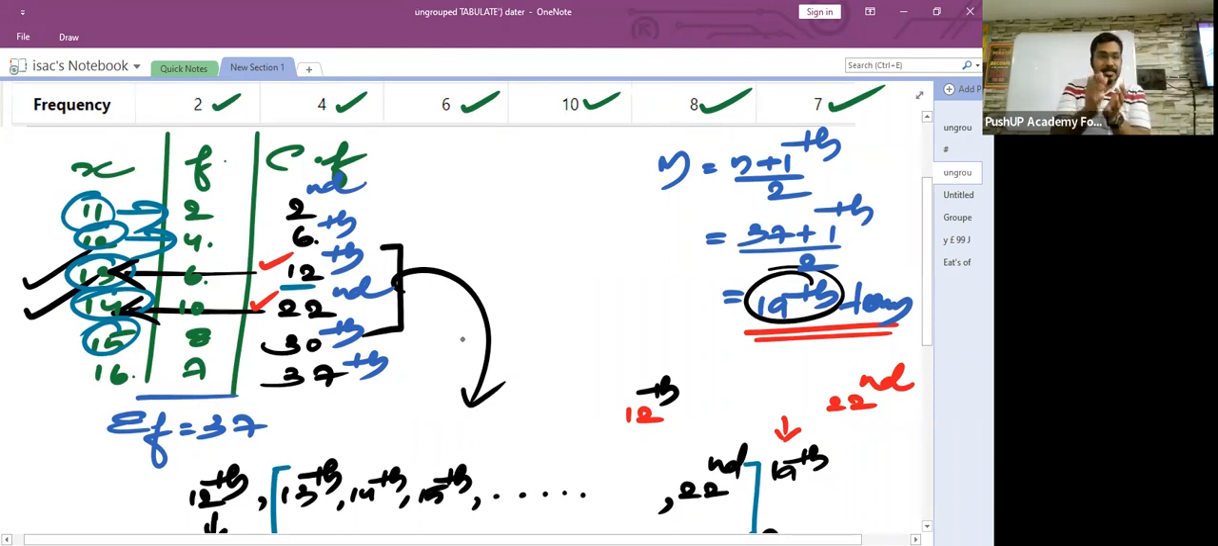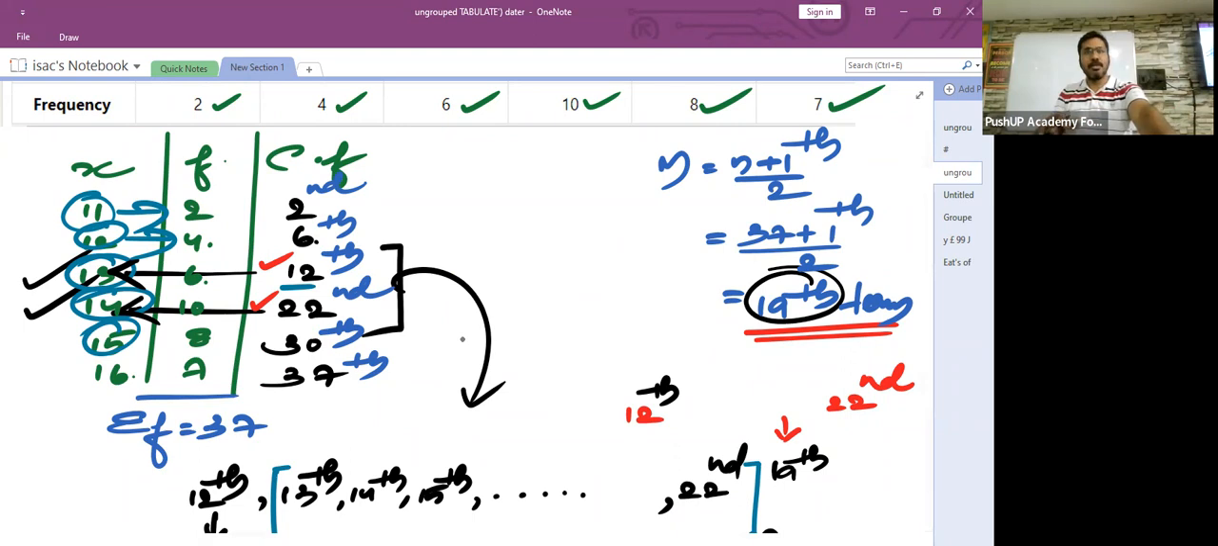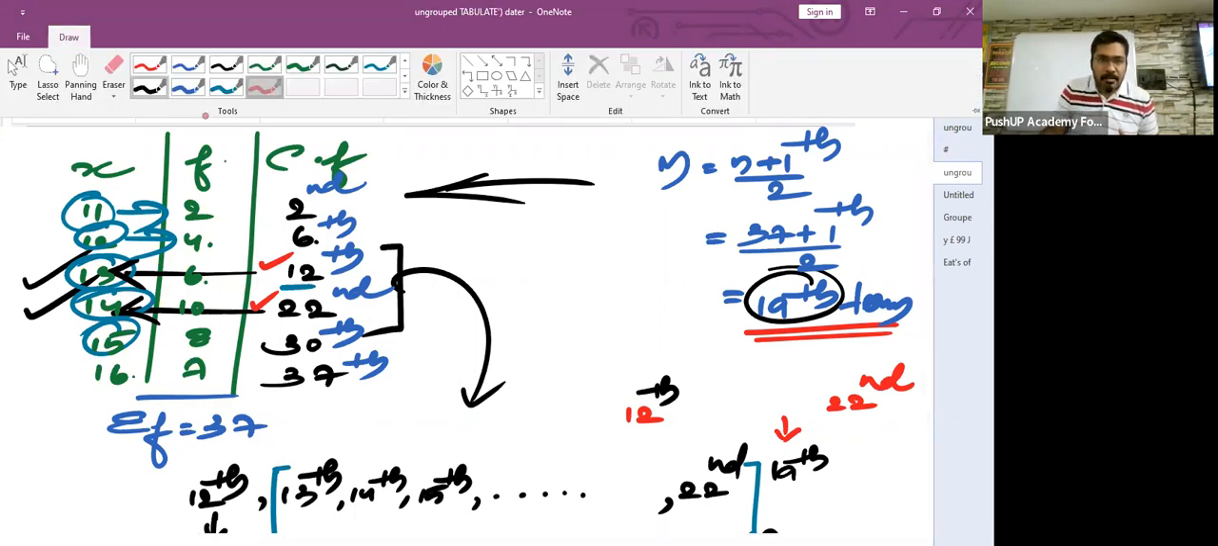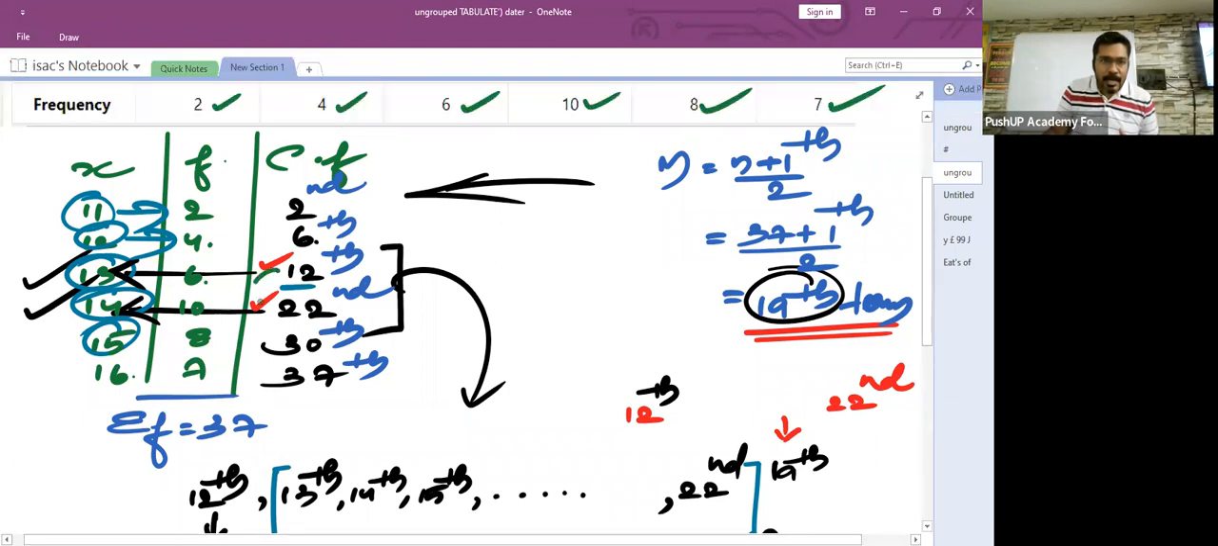Now, children, let us get back to this table and find the median value by using this table. We use the arrayed data, isn't it, to find the median value. Let's figure out the median value by using this table. 12th term is 13. 22nd term is 14, isn't it? You have to find the 19th term. So you got to know that 19th term comes somewhere in the middle of the 12th and the 22nd term,